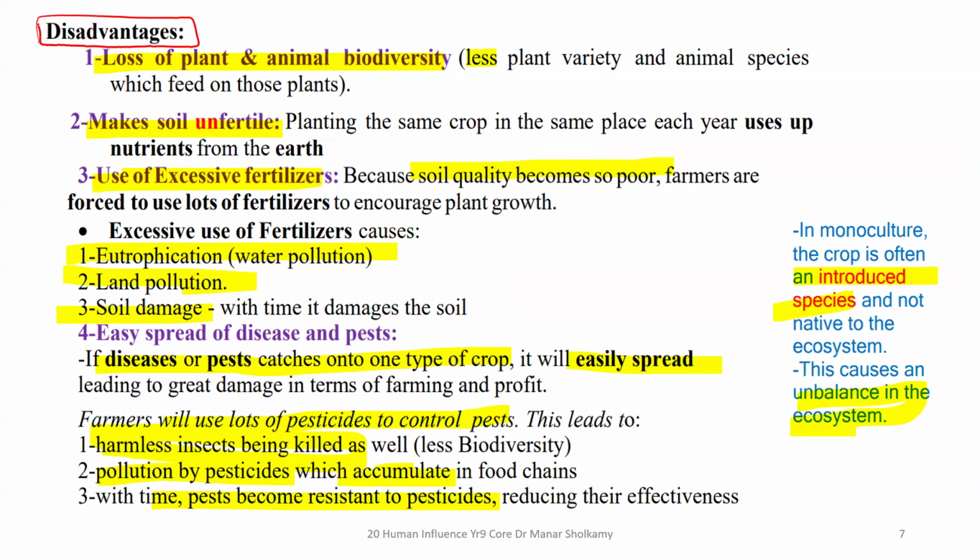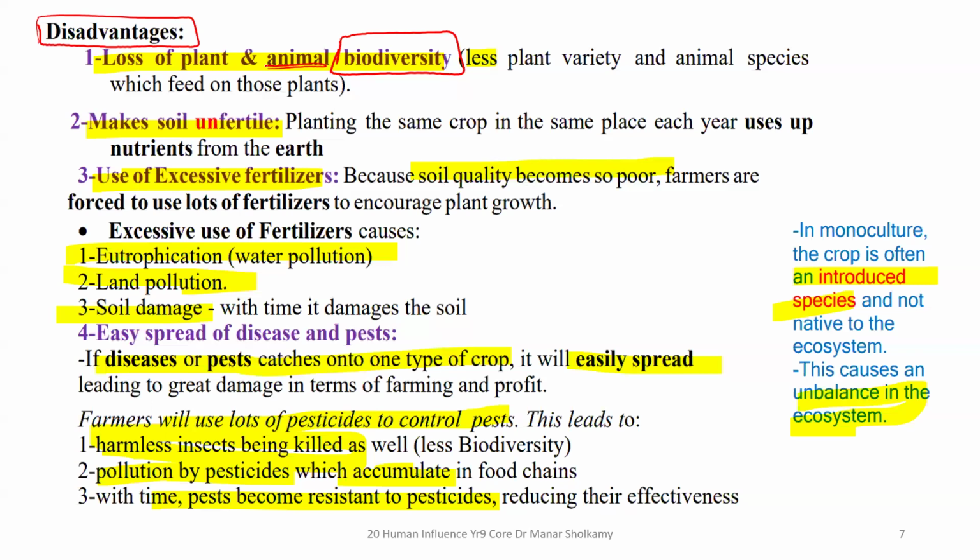What will this do to the biodiversity? More or less biodiversity if you only have one type of land? Less biodiversity. Of course, this is greatly going to affect the variation that you have on your farm. So there is less biodiversity, less animal and plant biodiversity. If you ask me why animal, because other types of plants is food for other types of animals. So when you have only one plant, the animals that used to feed on the other type of plants will be gone. So less plants, less animals, less biodiversity.